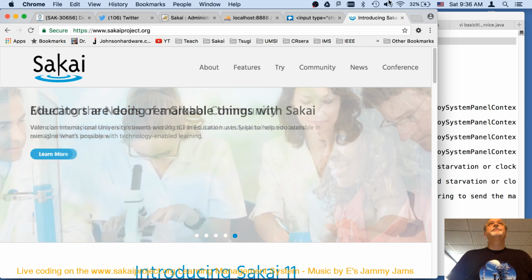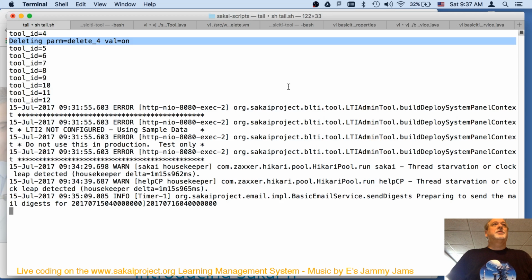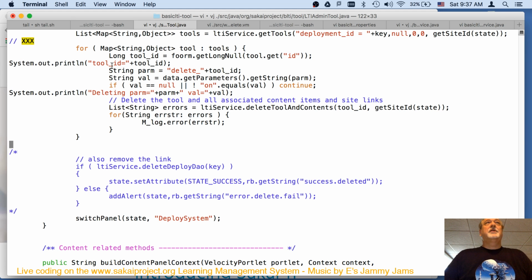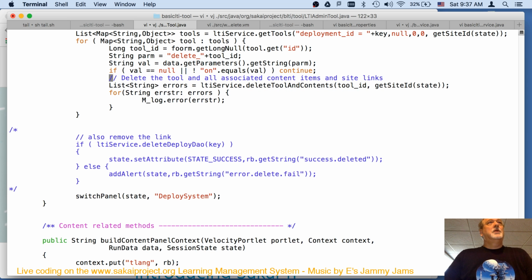So, let's see. Where am I? So I've got to the point where this is successfully deleting. So that part's okay. It's going to delete everything I want in there. I might as well just take these print statements out because it's going to work. So the question I have here is, what do I do if I